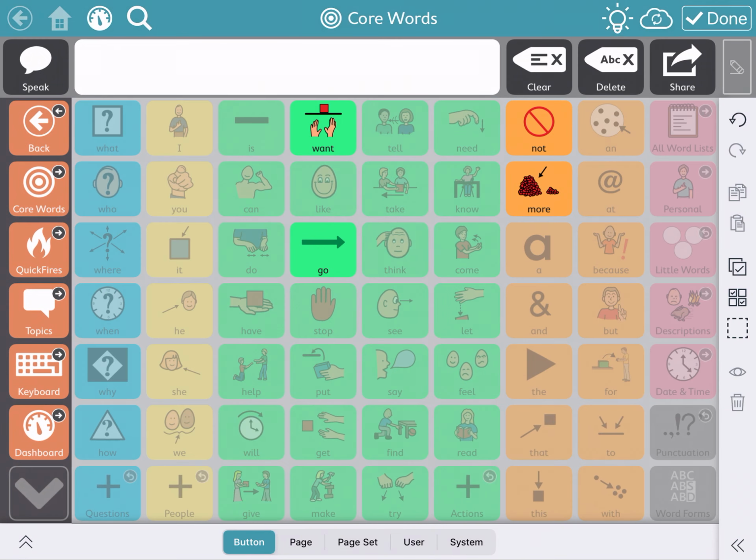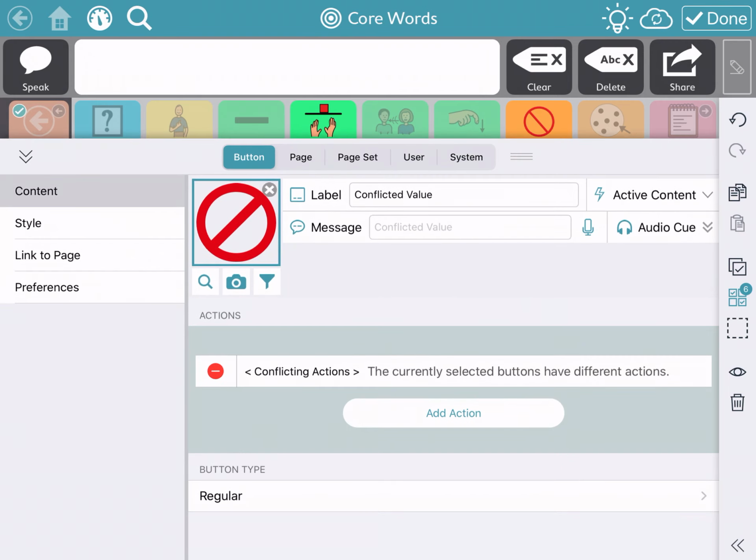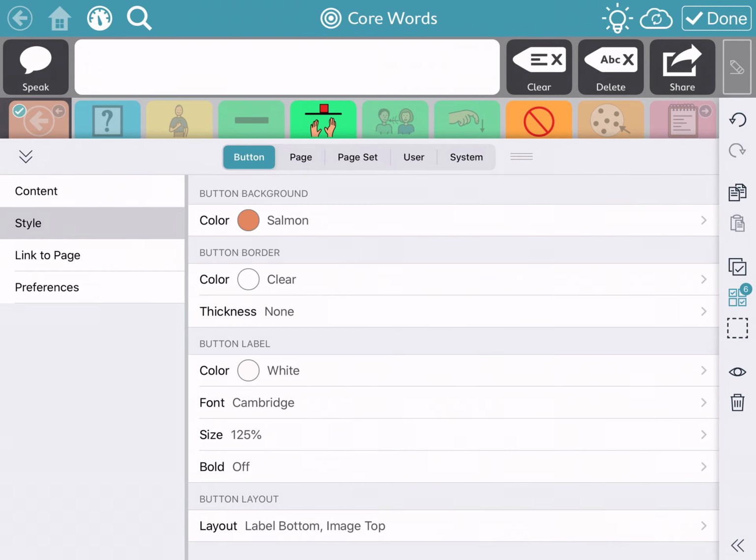So if I go back to edit mode, I'm going to want to hide a few more things. This is just for starting, especially for kids who don't know a lot of words yet. So I'm really going to hide this entire toolbar over there. I'm going to make sure that there's nothing else visible. And I'm going to take this time to